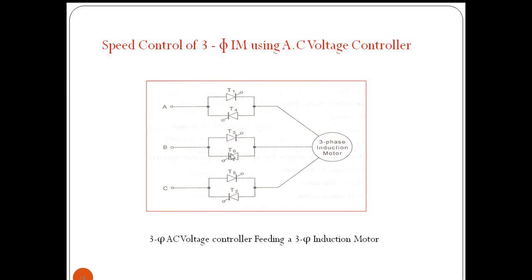In this method, the output voltage can be regulated by varying the firing angle of two thyristors at a time. That is, one thyristor from odd group and other from even group. The thyristors conduct in sequence 6 1, 1 2, 2 3, 3 4, 4 5, 5 6. In order to obtain this sequence, the thyristors are numbered with a difference equal to 3 in each anti-parallel set. By varying the stator voltage to induction motor, the torque and speed of the drive is controlled.